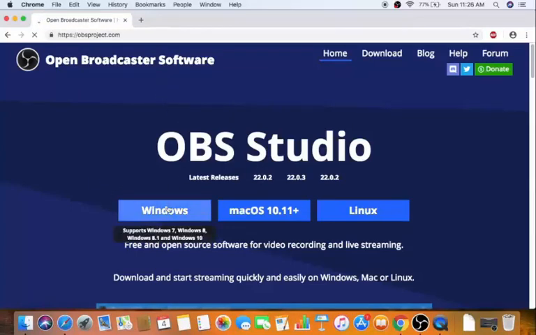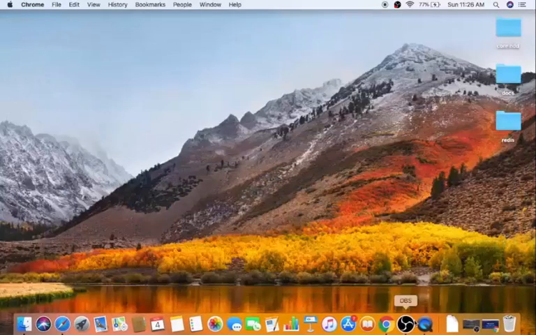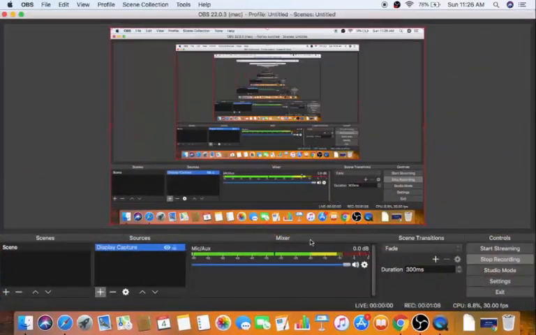So you can see there is an option for Windows, there is an option for Mac OS, and there is an option for Linux on the home page here. So let me go to the screen recording and now stop this screen recording. So I'm going to go once again to the OBS Studio, and I'm going to just click on the stop recording button, which is going to stop the recording and where this recording will be saved.